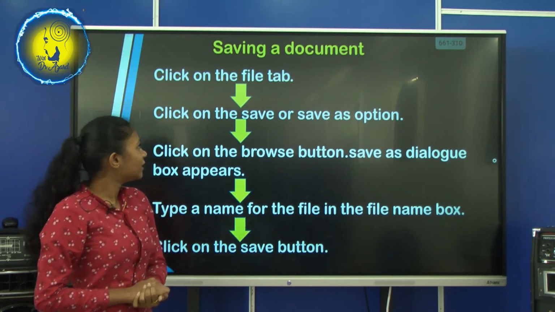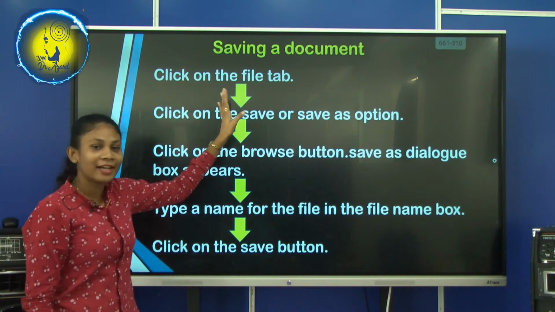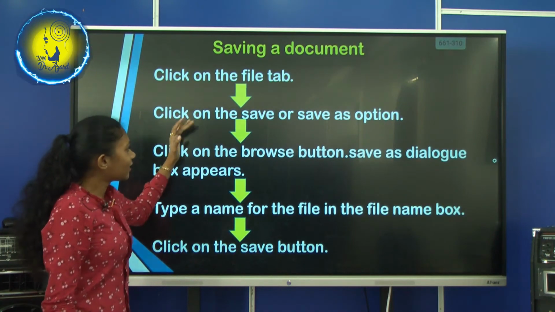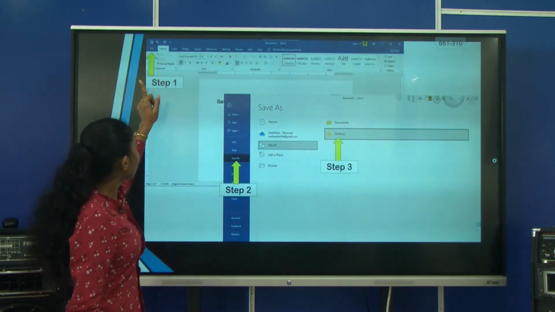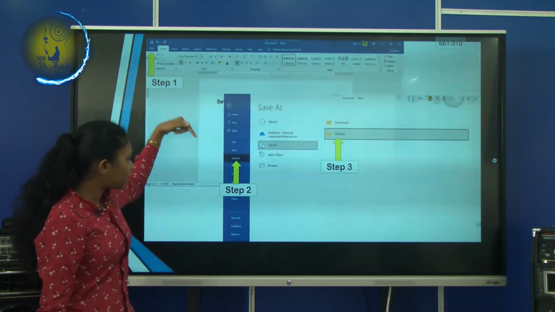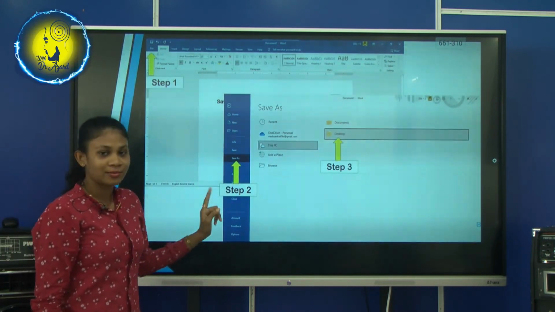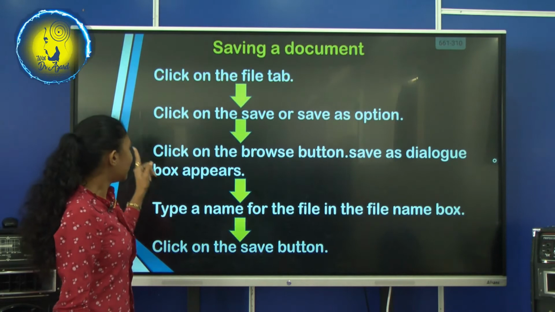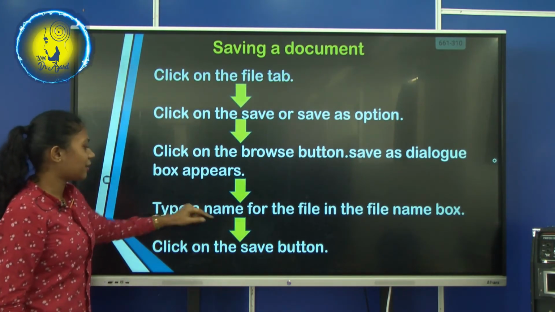Now we are moving to saving a document. Click on the File tab. Then click on the Save or Save As option. After that, click on the Browse button as the dialog box appears.